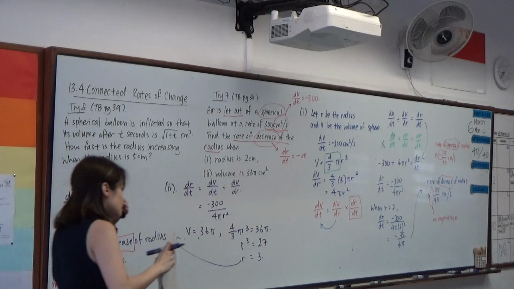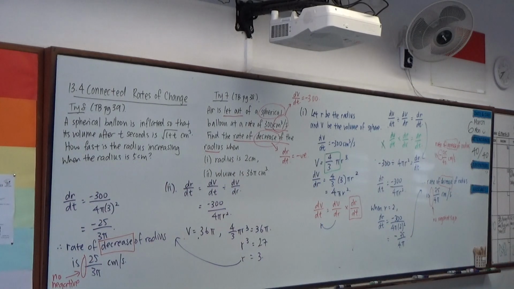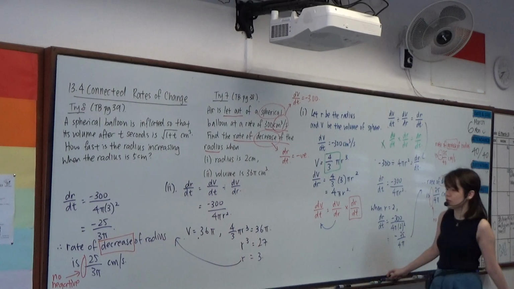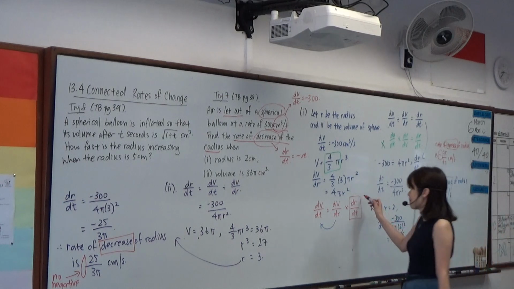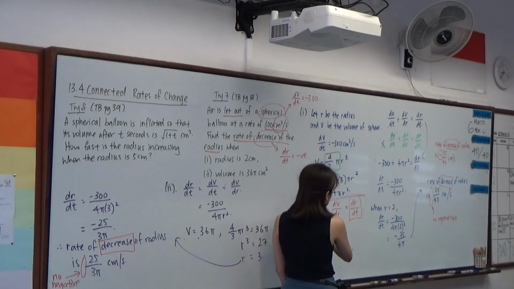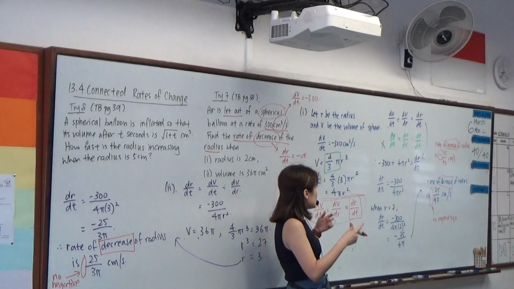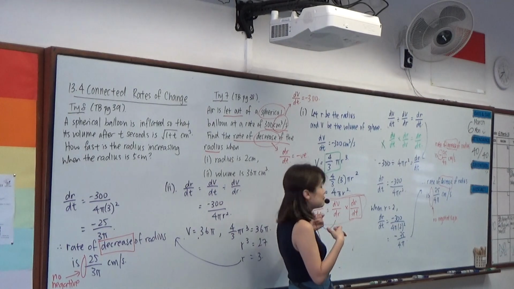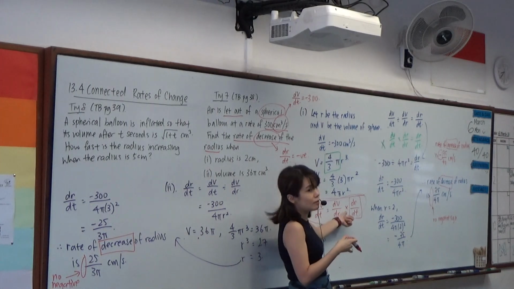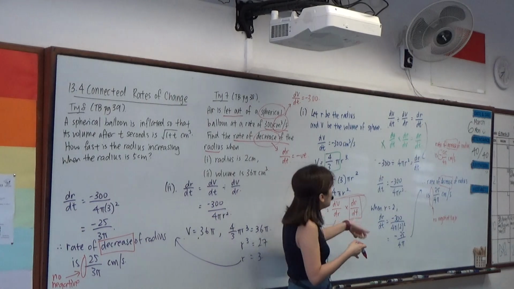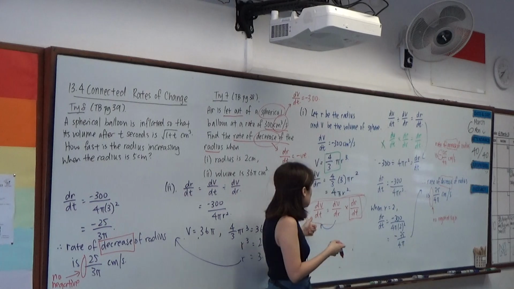Whenever it comes to connected rates of change, the key thing is that you must be able to figure out what is the chain rule formula that you need to rely on. This is the critical process. Personally, whenever I come up with this formula, some general rules of thumb is that you must do a multiplication first. Don't think about your division. And then also,